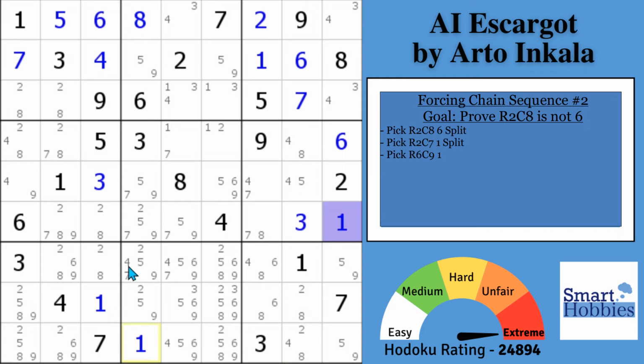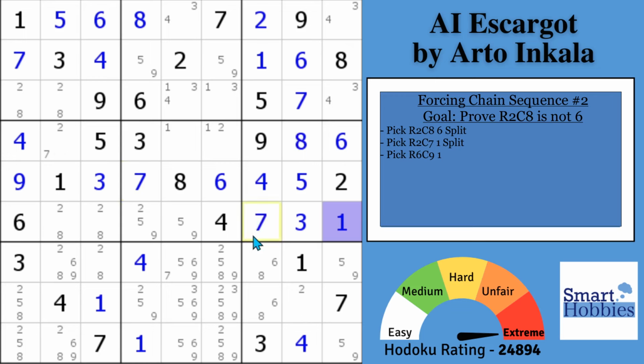4 in column 4 can only go there, which will allow you to solve for 4 in block 9, block 6, and block 4. We'd be able to fill in all of row 5: 9, 5, 6, 7. Get an 8, 7 in block 6, 2 in block 9, 1, 2, 7 in row 4. You get a 2, 8 naked pair in column 2, so 2, 8, 2, 8, which gives you that 6, 9